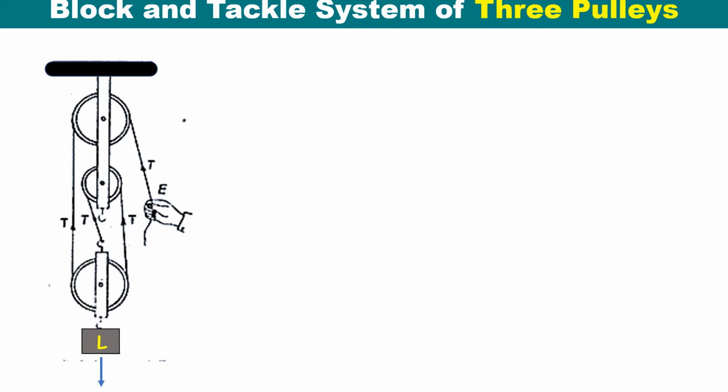But if you have 3 or 5, you will attach one extra pulley, or more pulleys will be in the upper block. So if there are 3 pulleys, 2 will be in the upper block and 1 will be in the lower block. Okay. Now here in this case, the load is supported by 3, or the lower block pulley is attached with 3 strands. So it is supported by 3T. Effort is supported by 1T only.